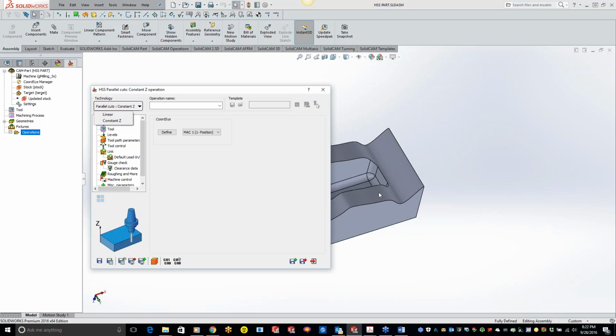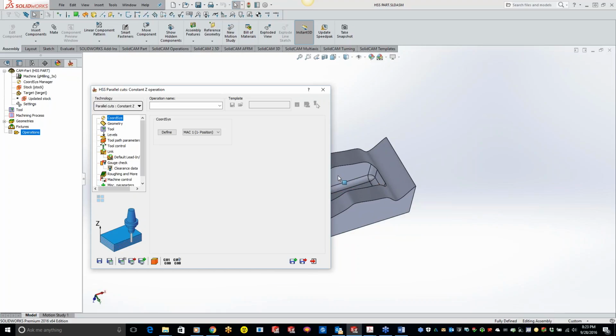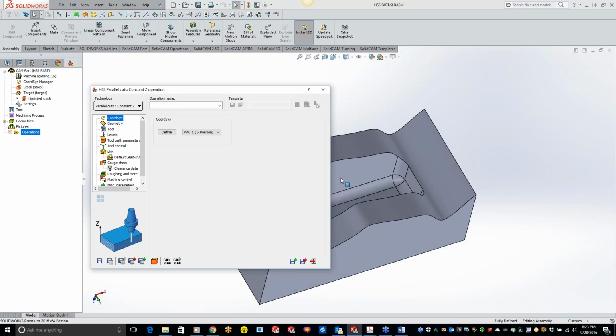Perfect. Okay. So yeah, we have our two different options right here. And like I said, if you have the full version, you'll have a whole slew of options in here. You'll have morph between boundary curves, morph between adjacent surfaces, projection. There's a whole slew of them here. But since we're just working with Express, I want to try to get this part done as best I can. So what I'm going to do is leave it on linear,